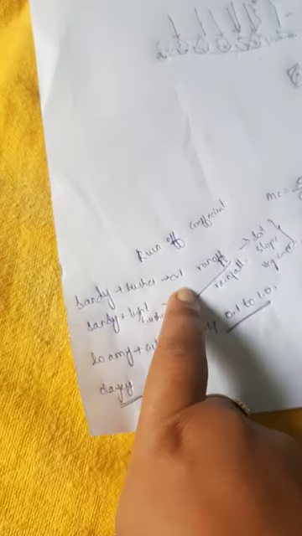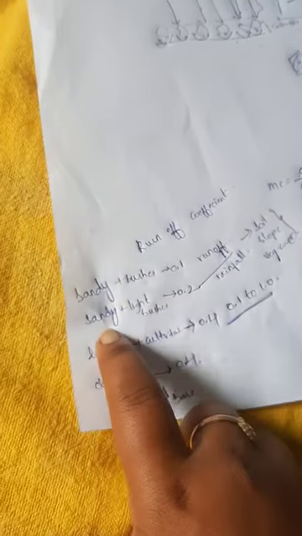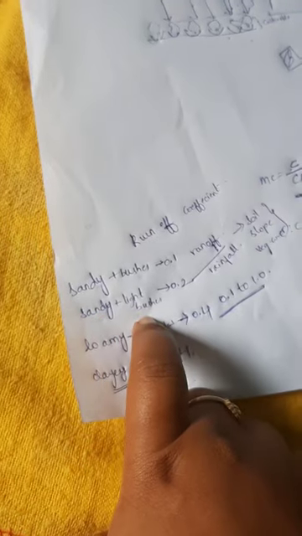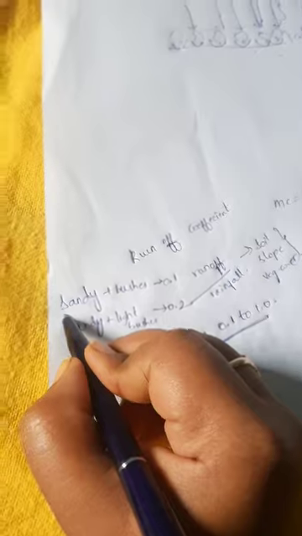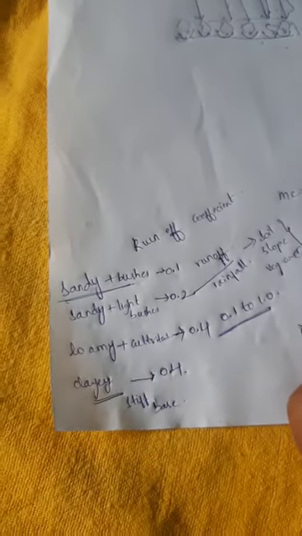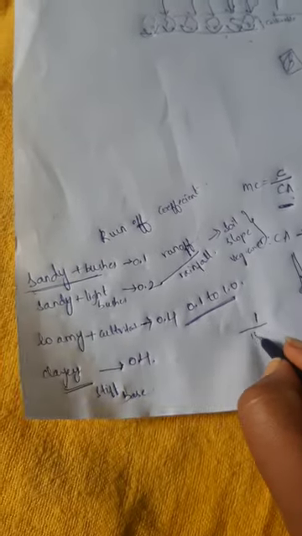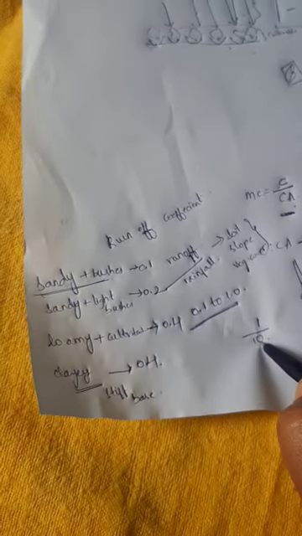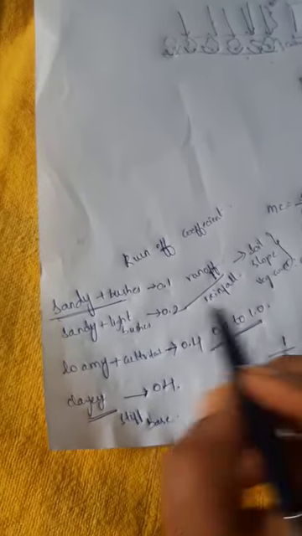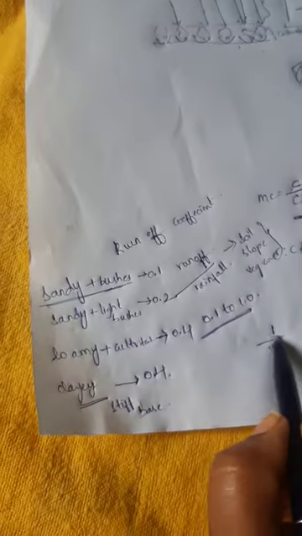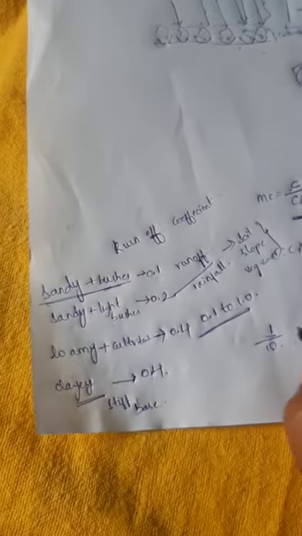So for sandy soils plus bushes, when you have a high bushy area in sandy soils, the coefficient will be 0.1. Whereas in sandy soils plus light bushes, it will be 0.2. For clear explanation, sandy plus bushes gives 0.1, which is 1 by 10. So the rainfall is 10 and the runoff is 1 because of the bushes. The runoff is less because of the bushes, and 2 by 10.